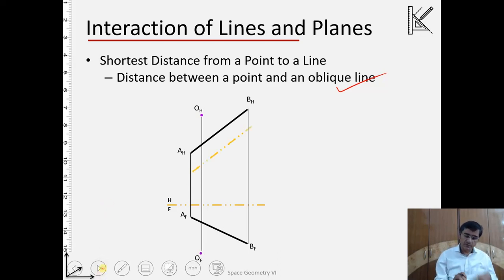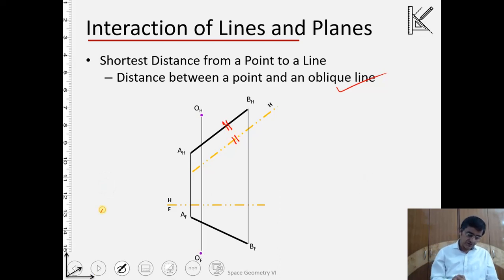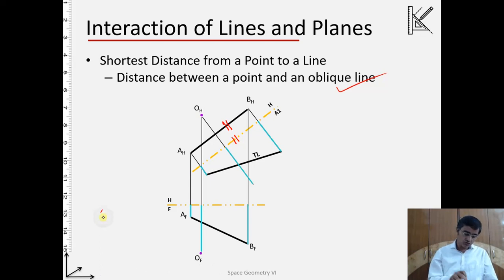So what we will do, again we will take an auxiliary plane, and why are we doing it? We are doing it first to determine the true length of line AH, or the normal view of line AH. To get the normal view, we know we will be taking an auxiliary plane which is parallel to this projection. So we have now A1, the first auxiliary plane, and on this auxiliary plane if I project the line, it will come as the true length. So this is the true length. Similarly, the point O has also been projected.